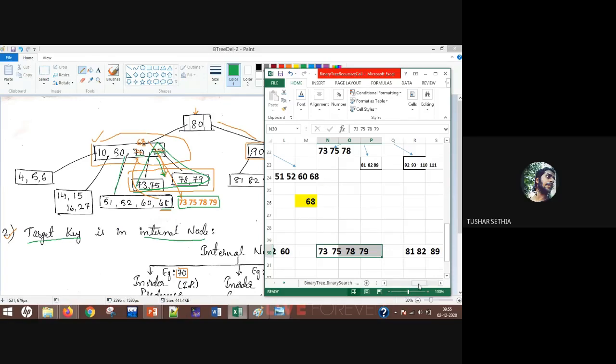Maybe we can send 79 in place of 68 and we can interchange it and we bring it to the root node. Okay. That is one of the options. The successor will be the 79, the maximum value of the node.